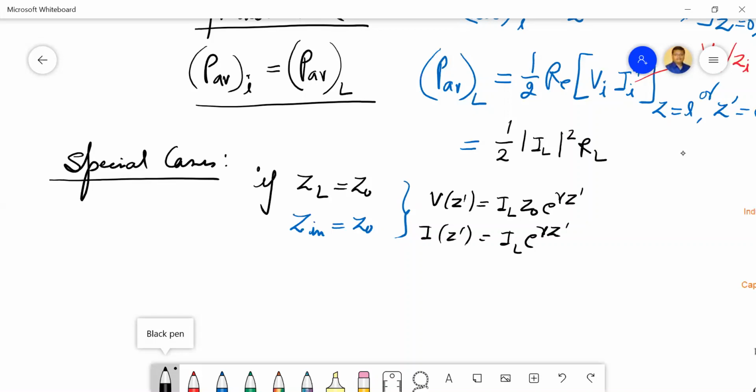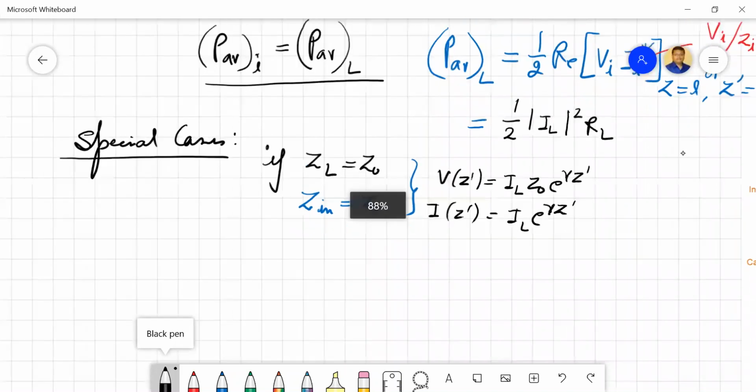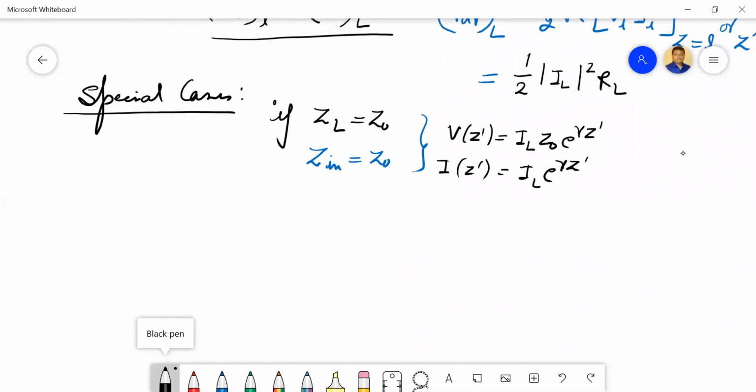So these are the forms actually. If you remember, in the last class we discussed these things a lot. We stressed these forward and reflected waves and wrote certain equations as well. Now, for this Z naught we already have the definition. This Z dash is L minus Z, remember? Now, if you replace this, how can you express these equations?